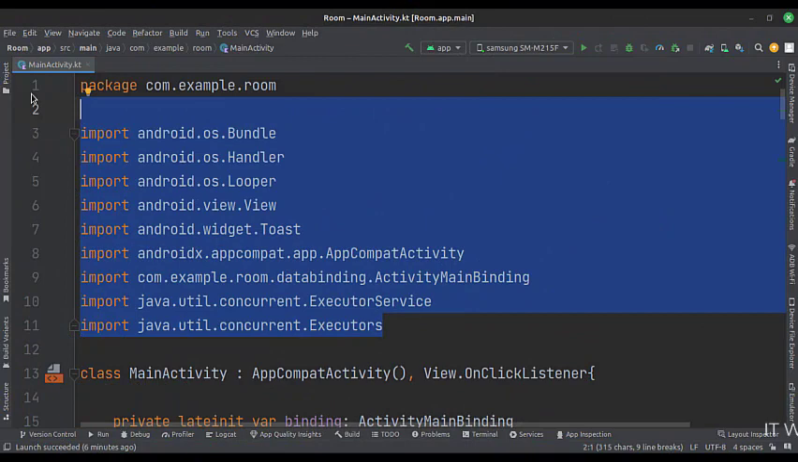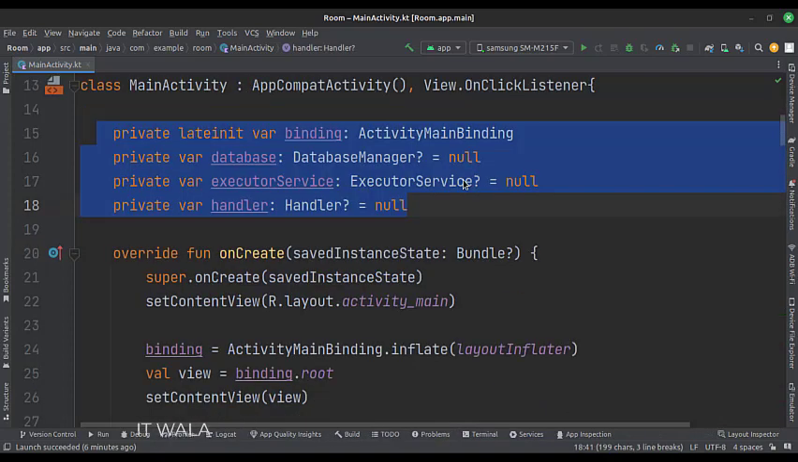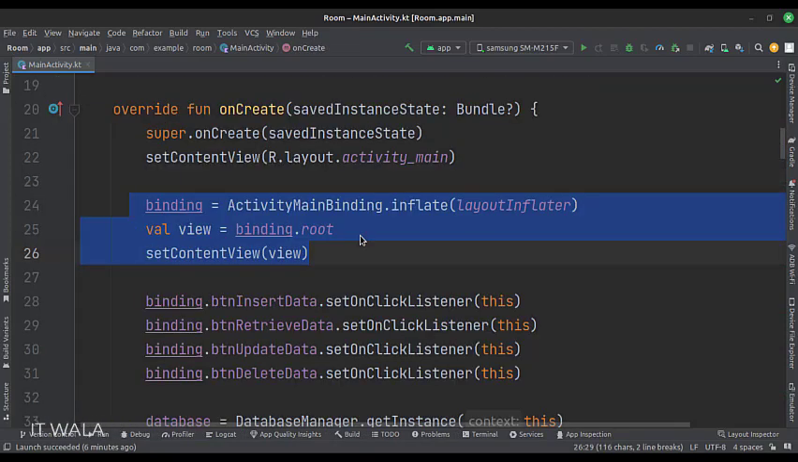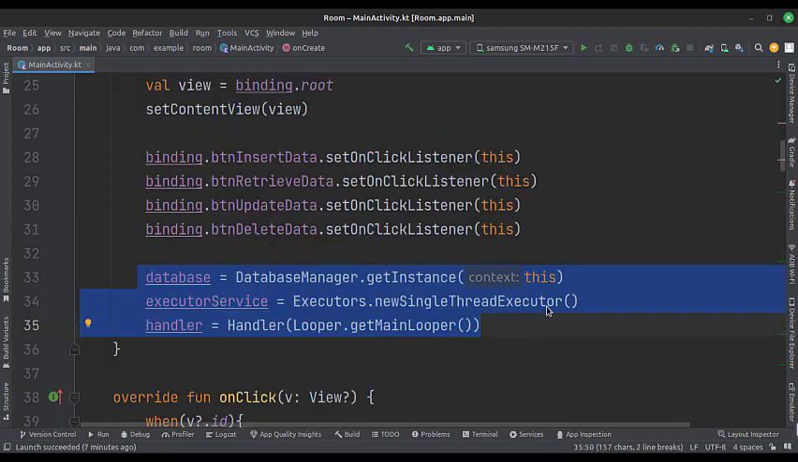These are the imports. This is the main activity that implements the onClick listener interface that handles the onClick events of the buttons. These are the data members. In the onCreate function, first, we set up the view binding. Then, we set the onClick listener of the buttons. Then we get the database instance, an executor service, and a handler instance to perform the database tasks in the